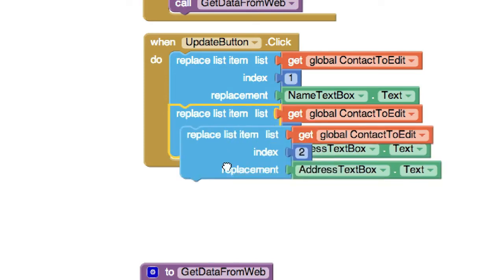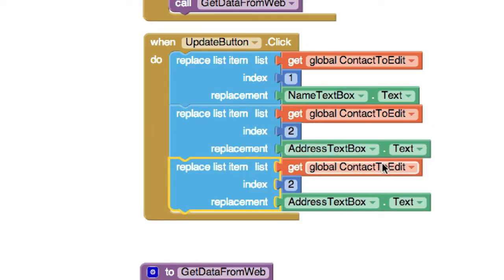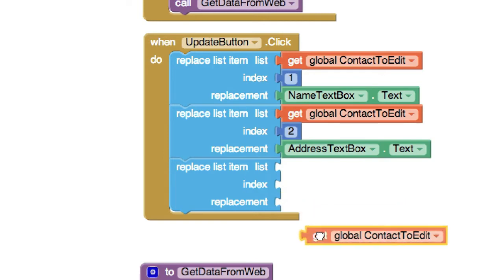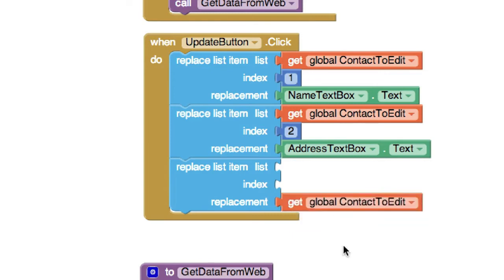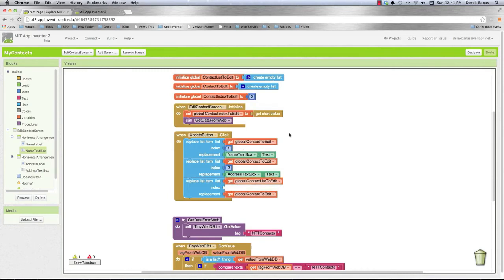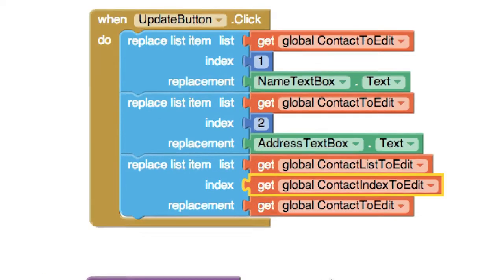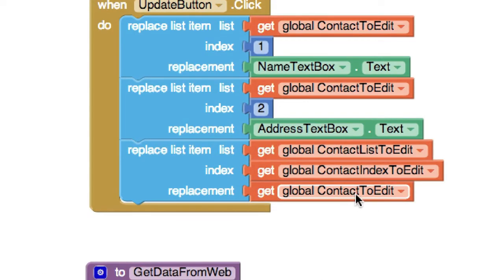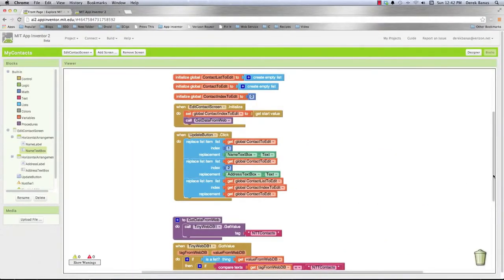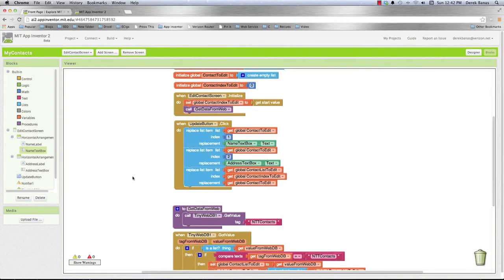And then we have to do a master replace, which is basically we're going to replace the whole contact that's inside of there. And we're going to still need contact to edit. We're not going to need this guy, and we're not going to need this guy. The contact to edit is going to be what is going to be replaced right there. The master list is this guy up here, contact list to edit. That's where we're going to be adding it. And the specific index we're going to be storing it in is the contact index to edit. So there it is. Contact to edit is going to replace whatever currently is in this index value in the master contact list that holds all the contacts. Then what we want to do is send all that information, of course, back to the database. And also we're going to close the